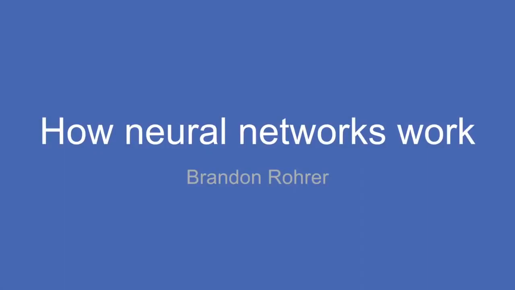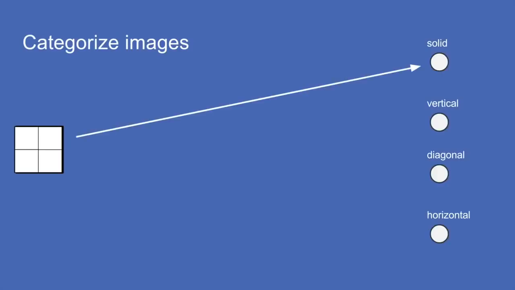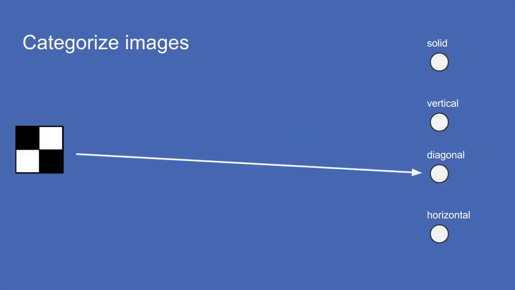Neural networks are good for learning lots of different types of patterns. To give an example of how this would work, imagine you had a 4-pixel camera. So not 4 megapixels, but just 4 pixels, and it was only black and white. And you wanted to go around and take pictures of things and automatically determine whether these pictures were of a solid all white or all dark image, a vertical line, a diagonal line,